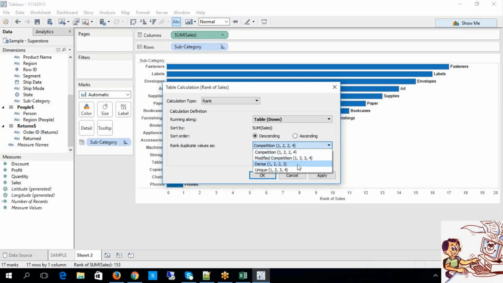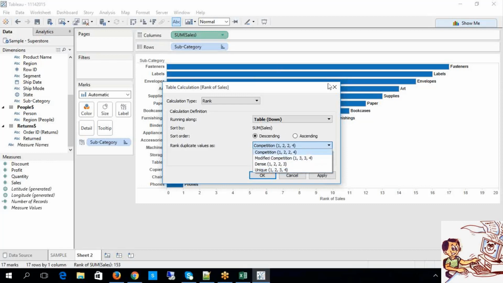But dense, you know, right? Dense in the sense, look at the difference between a competition and a dense rank. In competition, you are skipping the number 3 value, but here it is not like that. In a dense rank, you are going to split the number 2 rank for 2 members. That is fine, but number 3 also will be available here. But if you look at unique, unique in the sense you will have unique records, I mean individual ones, like 1, 2, 3, 4, 5, 6, such kind of stuff.